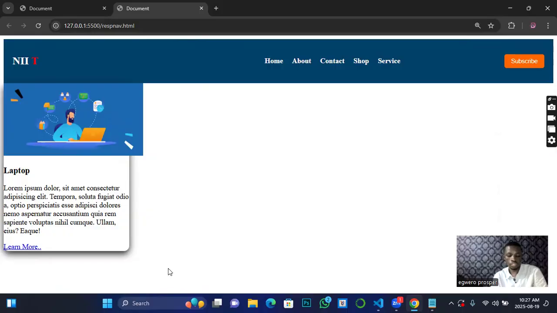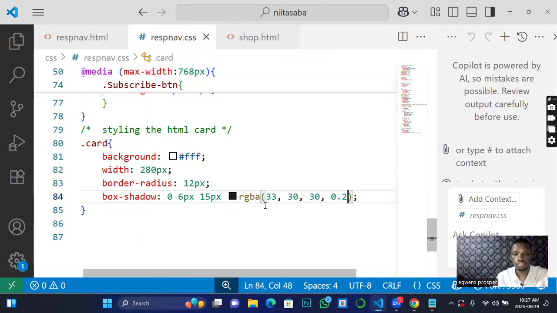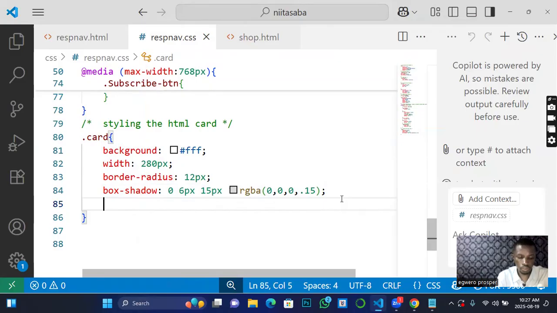But I do not really want it to be that strong. I just wanted you to notice that there is a shadow. That shadow is just to bring, if I have another card now, each of them will be able to stand out. So I'm going back to that. Now, the next thing I'm going to do is